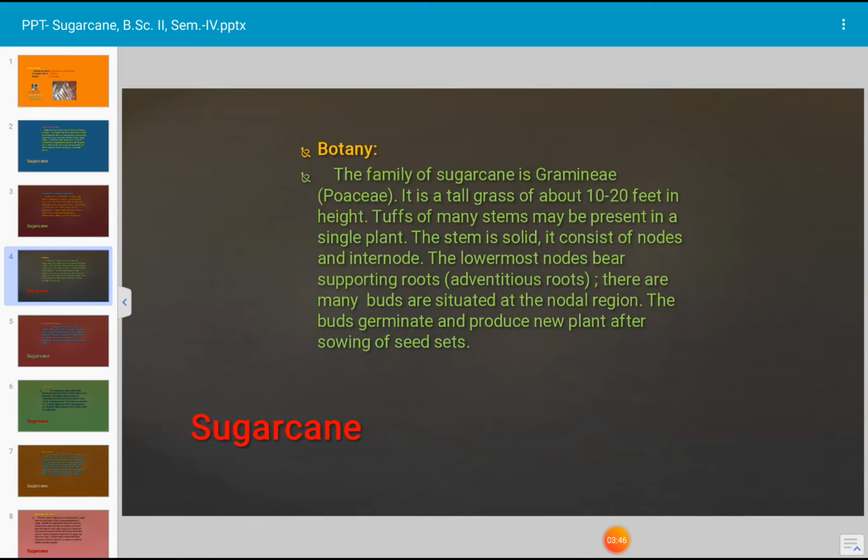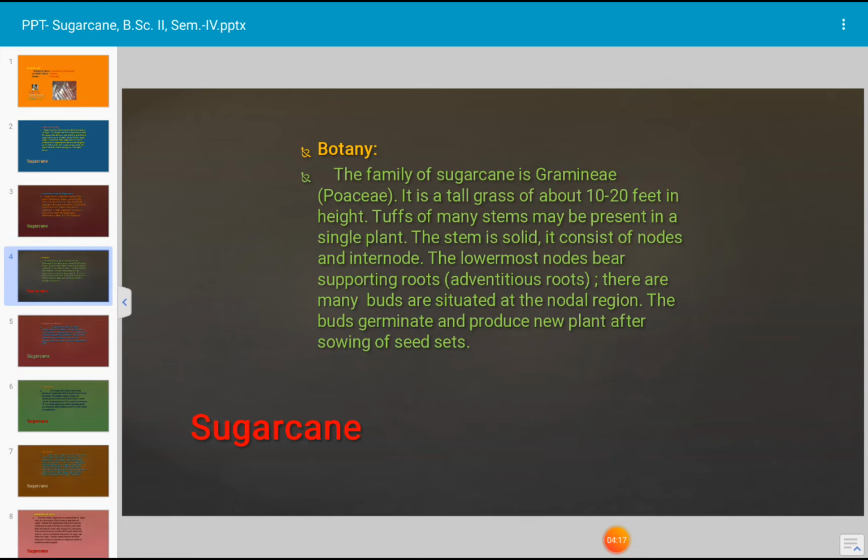The family of sugarcane is Poaceae. It is a tall grass of about 10 to 20 feet in height. Tufts of many stems may be present in a single plant. The stem is solid. It consists of nodes and internodes. It is unbranched,